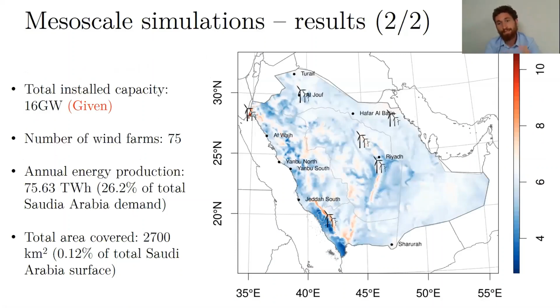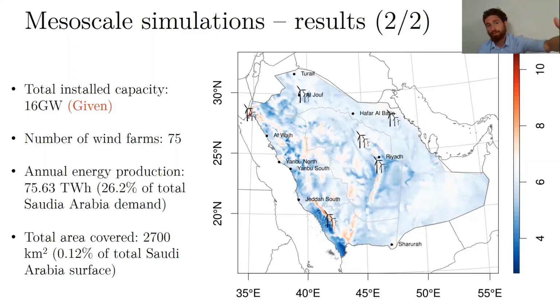So at the end of the day, what we can calculate is also where. And here I'm reporting with this turbine sign basically what would be the best locations in Saudi Arabia based on our analysis. So we were given 16 gigawatts to be installed, and we calculated, and this is actually an easy calculation, that we need pretty much 75 wind farms across Saudi Arabia to satisfy that capacity. We don't need, of course, a wind speed simulation for saying that. And each wind farm would have something around 80 turbines or something like that.